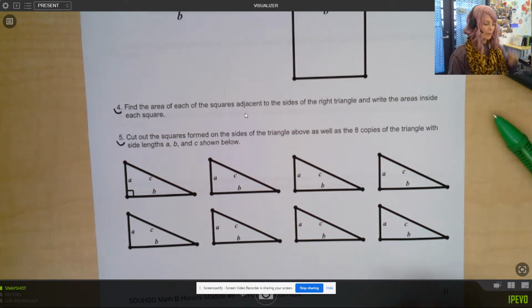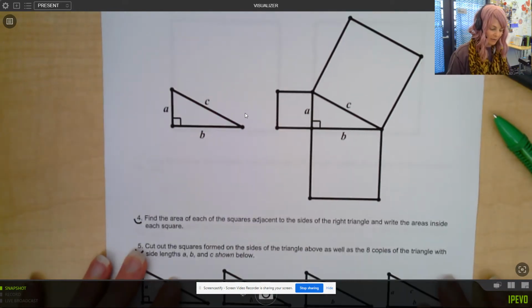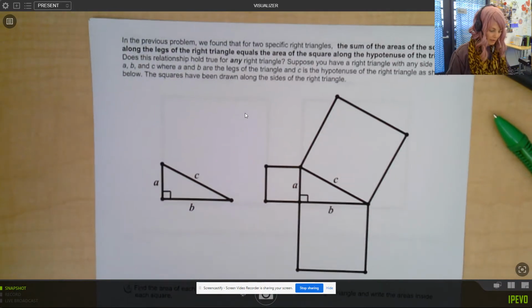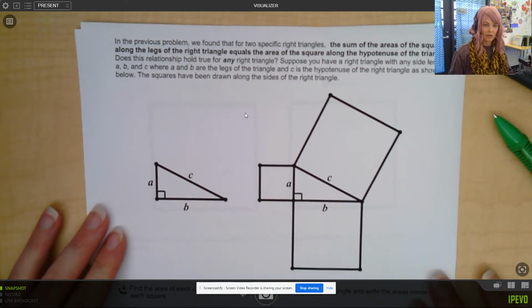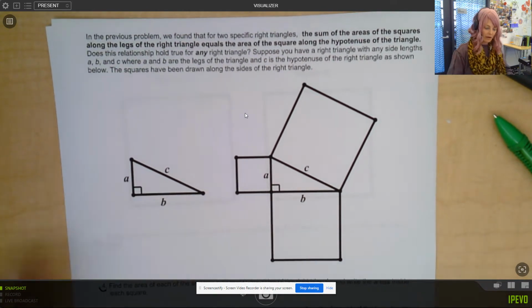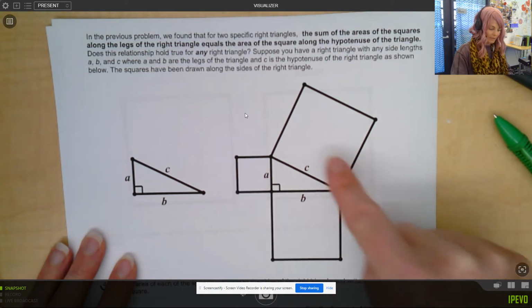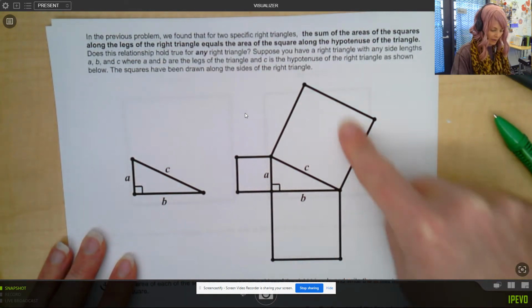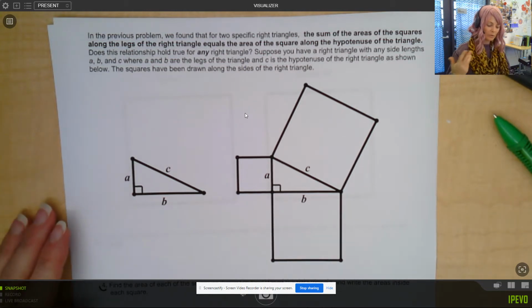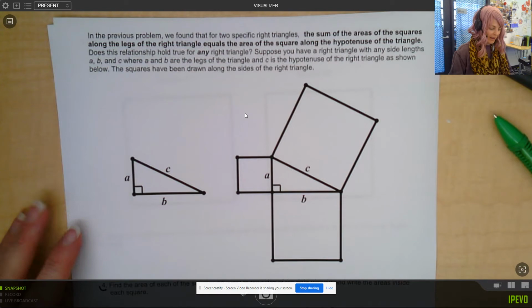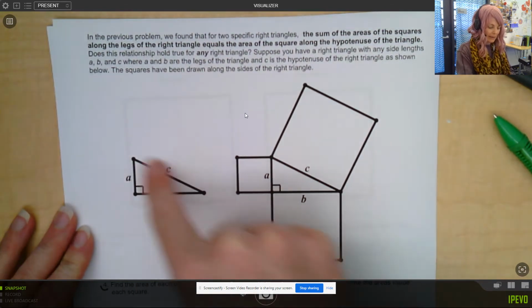And so we saw that in the previous problem, we found that for two specific right triangles, the sum of the areas of squares along the legs of the right triangles equals the area of the square along the hypotenuse of the right triangle. So does this relationship hold true for any right triangle in the whole wide universe? The galaxy? Well, suppose you have a right triangle with any side lengths A, B, and C, where A and B are the legs and C is the hypotenuse,